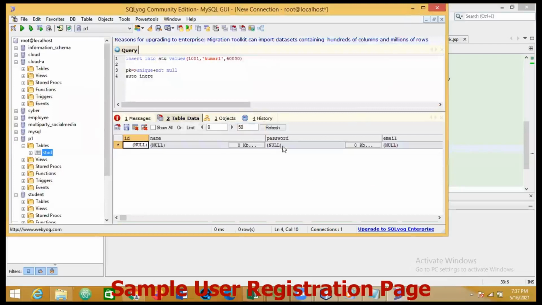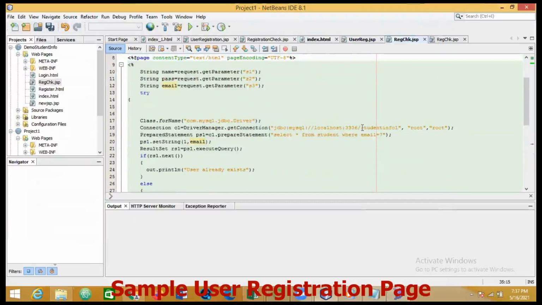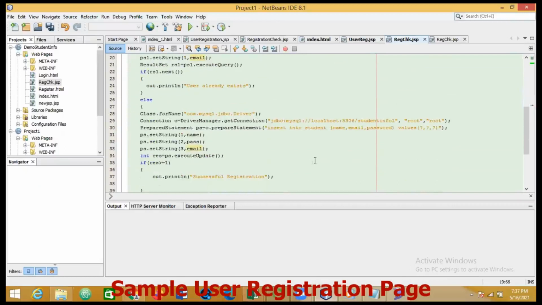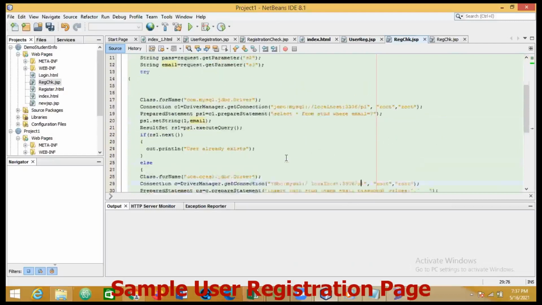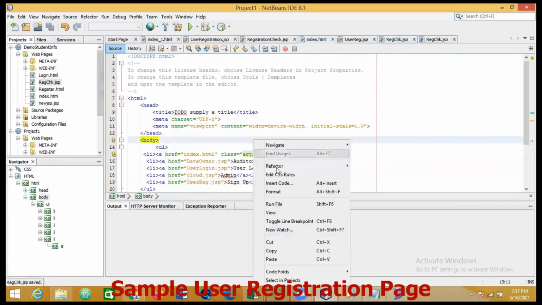Okay. So all the columns are ready. Now I just go to this one. What are the things I need to change? Here is the name of the database, P1, P1, and then table name is stud. Here also stud, and here P1. Okay, and three values only. I just fill it. Now I just check it. Now I run this file.